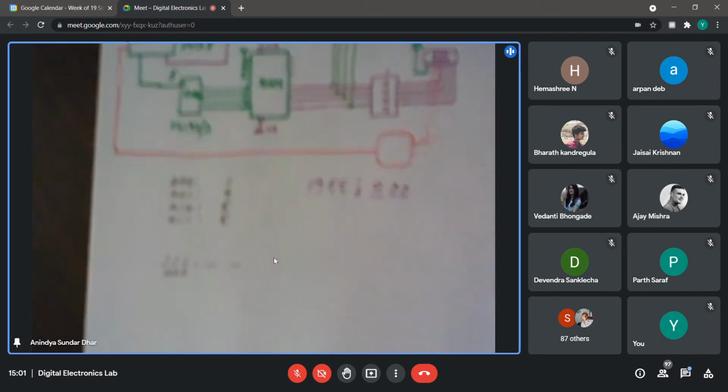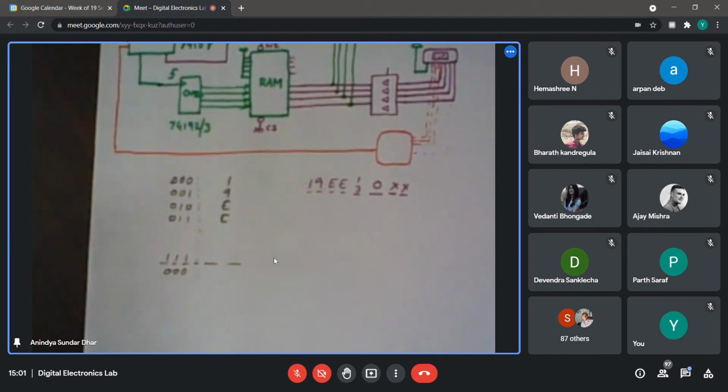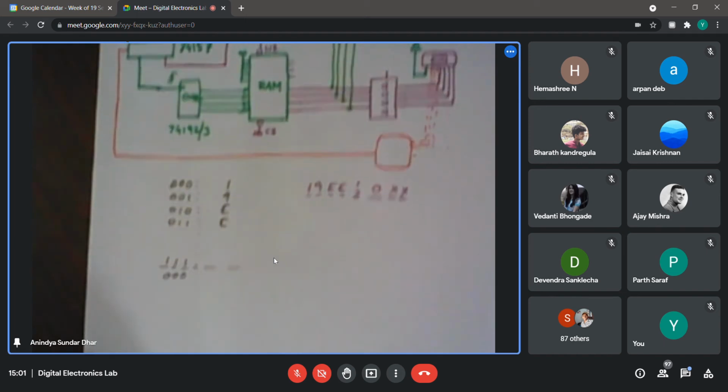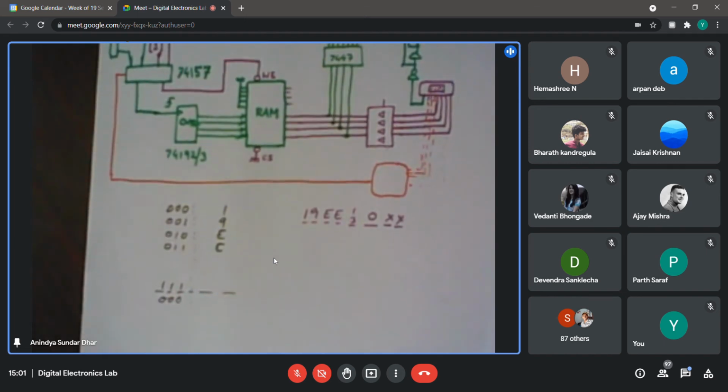Okay, if you wish, you can try with a mod 10 counter also, but in that case, you need to use a different decoder, because a 3 to 8 line decoder won't be able to drive more than 8 LEDs.